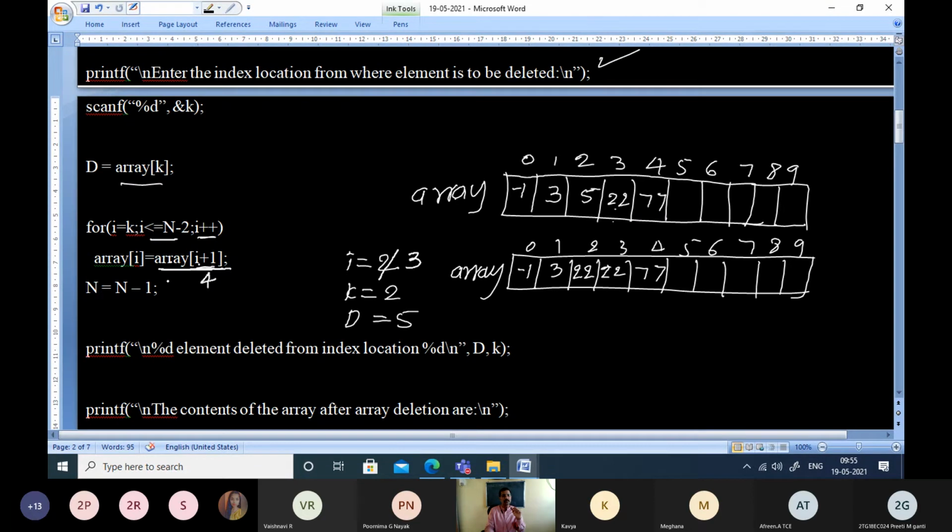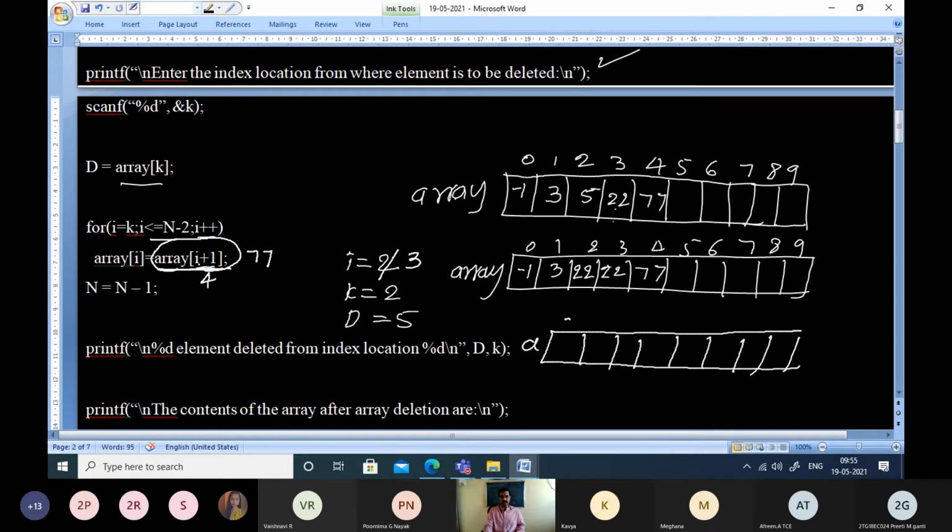That means this will give 4. So what is array of 4? Array of 4 is 77. So this entire thing will give us a value of 77. That 77 has to be shifted to array of 3. So after shifting, how does the array look?